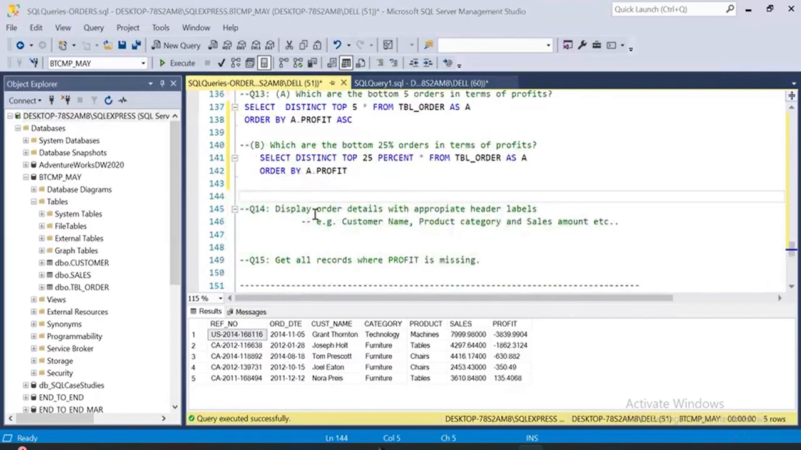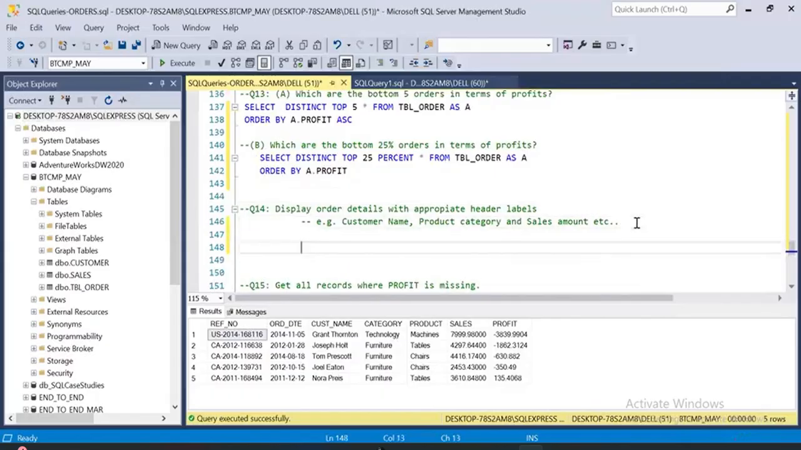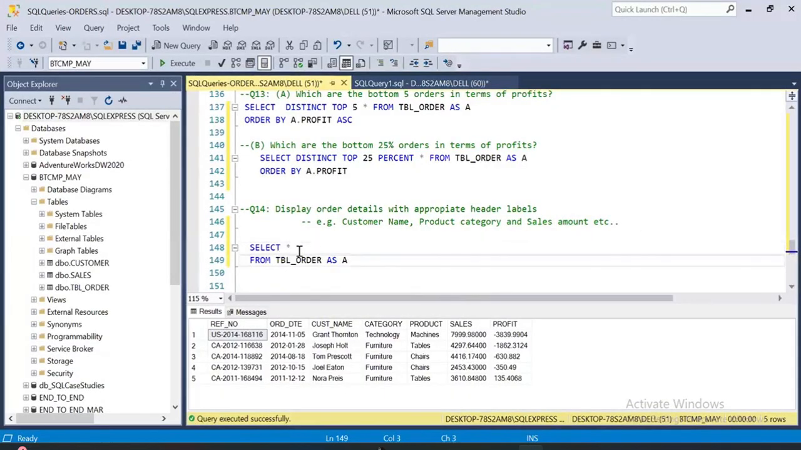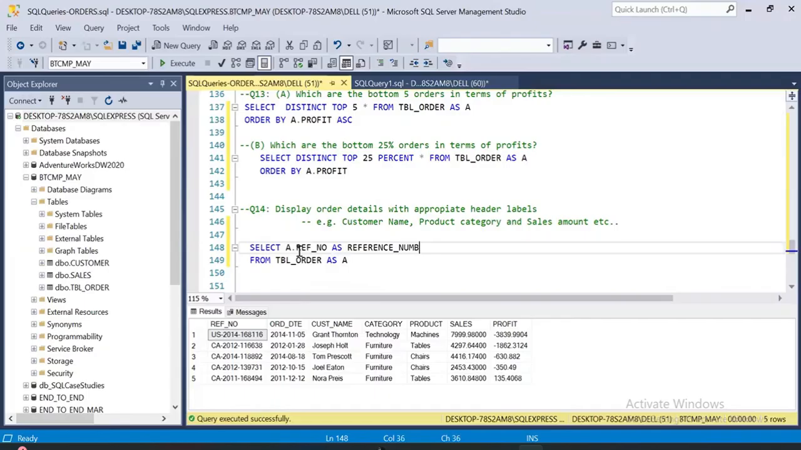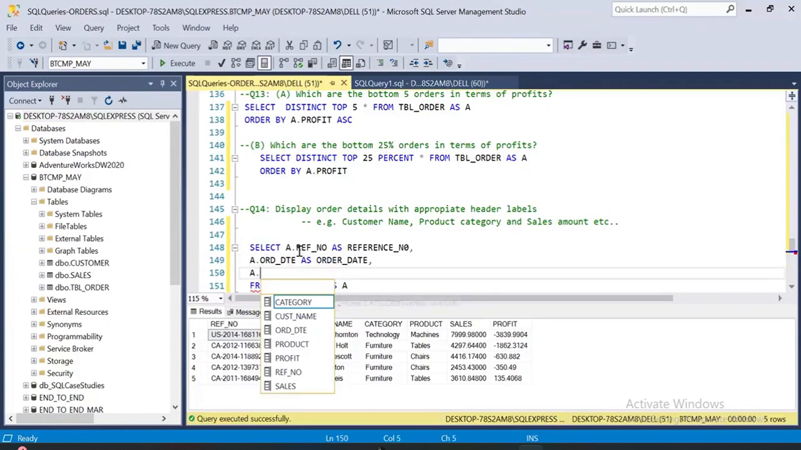Question number 14. You don't have to do anything over here. Just give the alias names. How can I give the alias names? So I'll just select star from TBL order as A, and then I can give the alias name. So I can say A dot reference number as, that is how you want to display your column names. Reference number or reference number. ठीक है? Comma A dot order date as order date. A dot product,